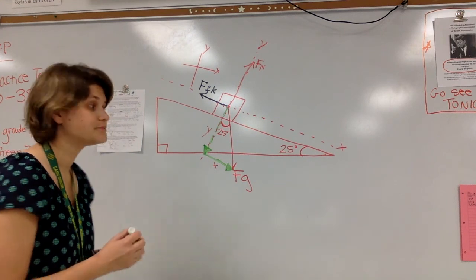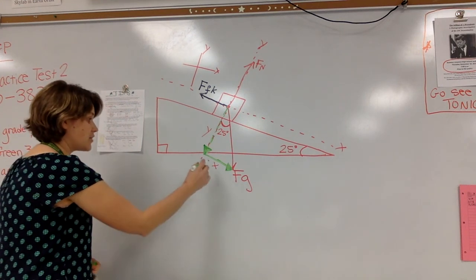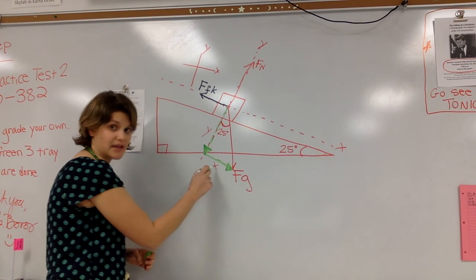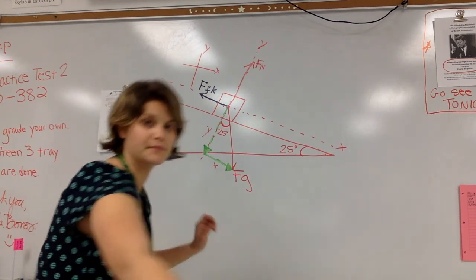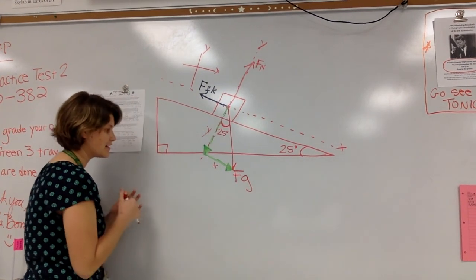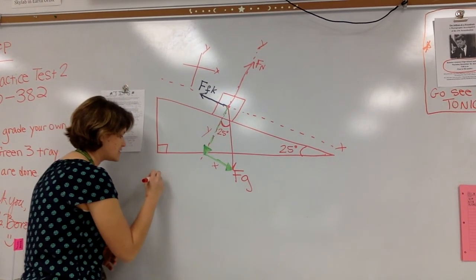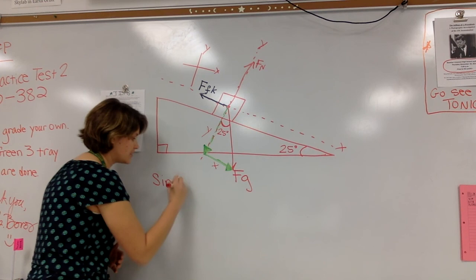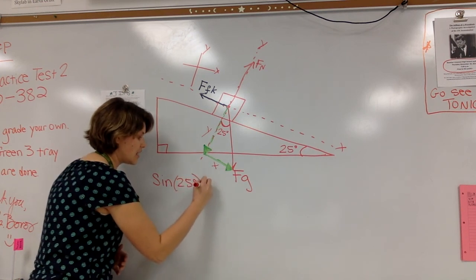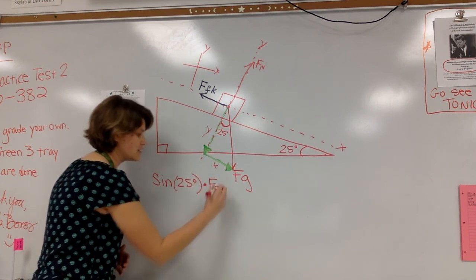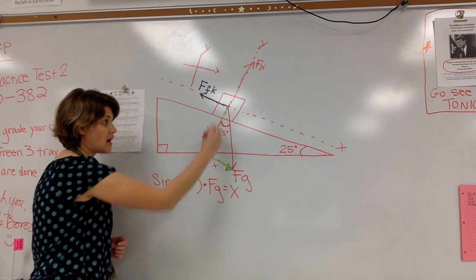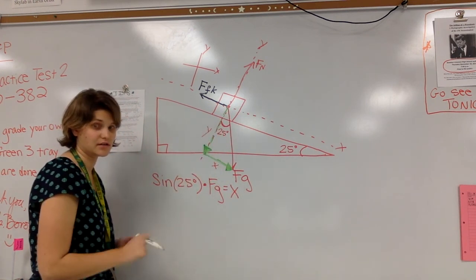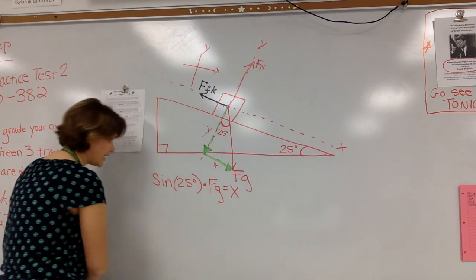So now, in the last problem, you found x here. We had to use that the sine of 25 degrees times the force due to gravity is equal to that x part, right? Because x is opposite the 25 degrees here. So now,